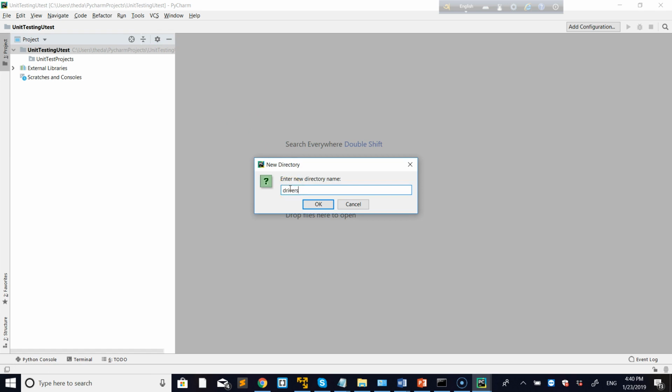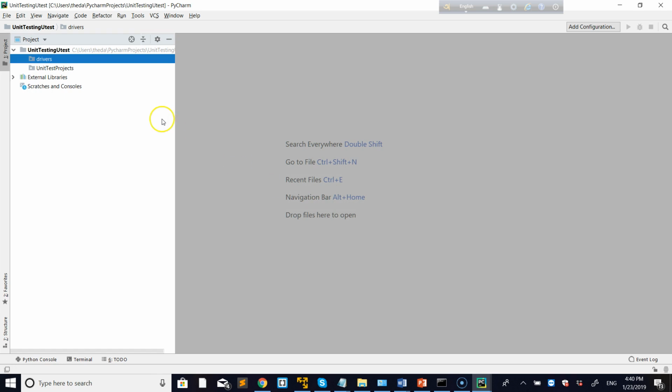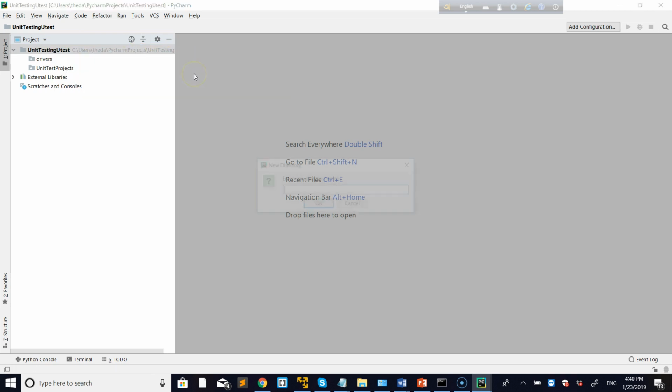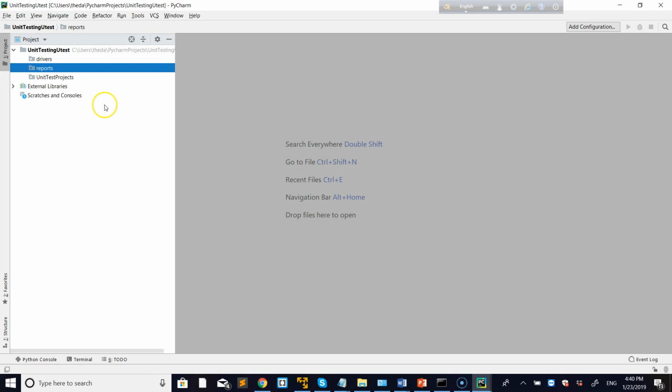Then I will also create another folder that is a report, because I will generate also reports on my tests. Okay, so I'll say reports, and we are here. And in the folder unit test projects,